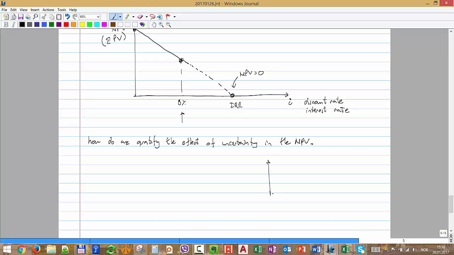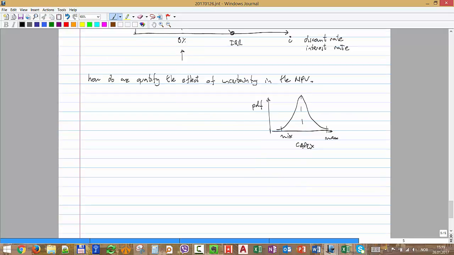Let's say we don't have one exact value, but we have a distribution, from a maximum capex to a minimum capex. So how do we put that in? That's capex, and that's a PDF of capex. How do we put that in the formula? You already know, well, I can execute Monte Carlo, or you already have some ideas, but really the industry, some companies, do something much simpler, that is sensitivity studies